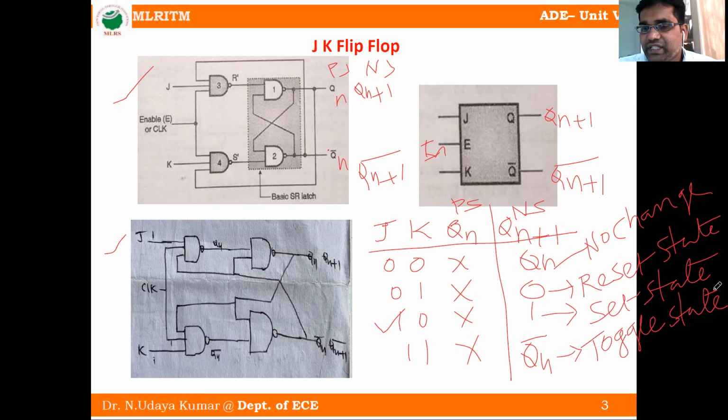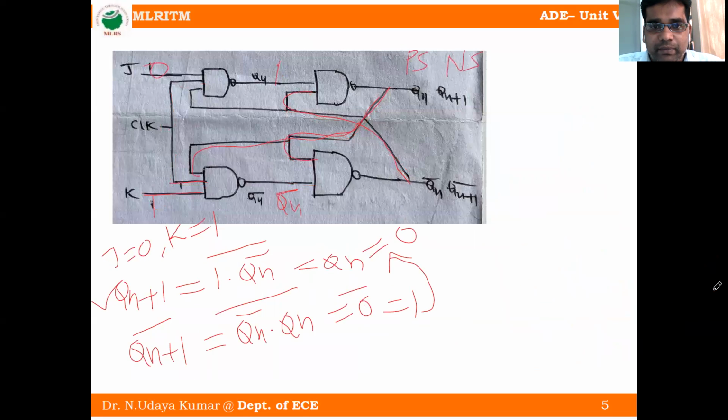Okay. Now we will see how to find the expression for the JK flip-flop. Now we derived the truth table for the JK flip-flop. Next we will see how to get the expression or equation for the JK flip-flop. To derive the JK flip-flop equation, first you have to know the truth table. So I will write here the JK flip-flop truth table.